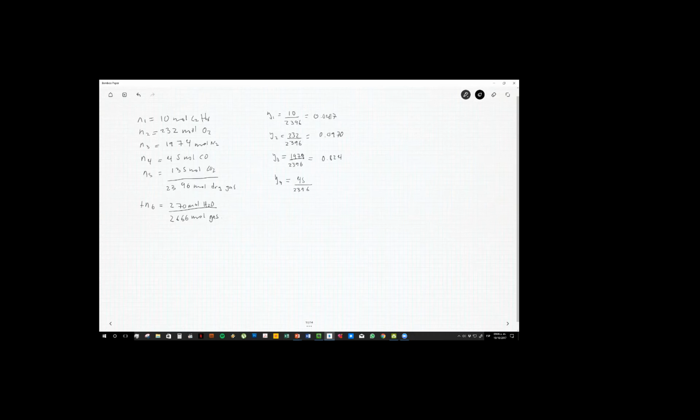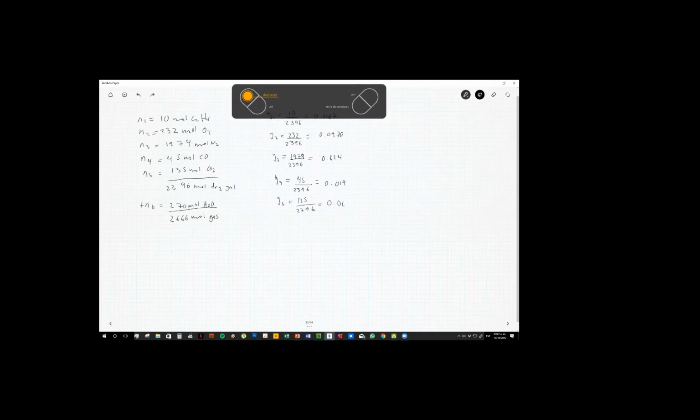And again, for the carbon monoxide, we do 45 divided by the total amount of dry gases, so 0.019. And the one for carbon dioxide, that is 135, again divided by the total amount of dry gases, and this gives us 0.0